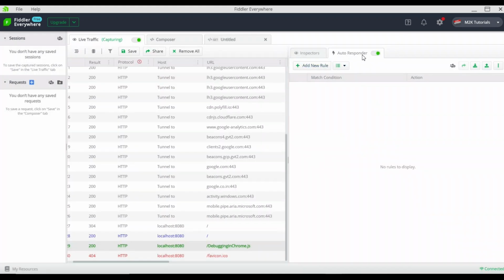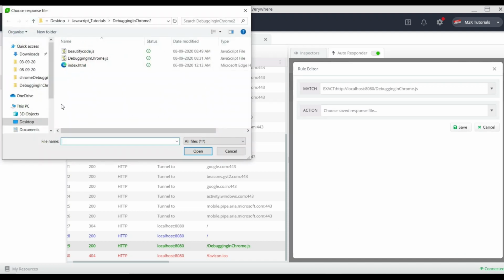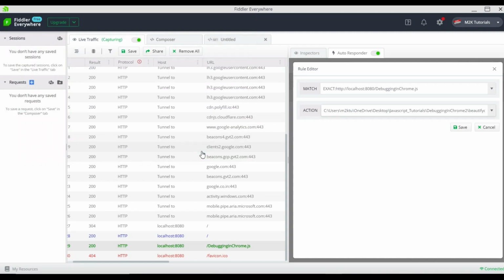You have to just go add new rule and it will already add your file name which you want to track, because we are just getting it from that HTTPS traffic. And now go here and edit it, select in the second drop down, choose saved response file. So what I need to do, I need to choose our beautified code. Okay, open, save, that's it.